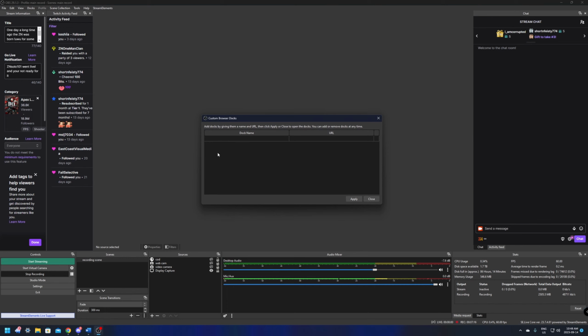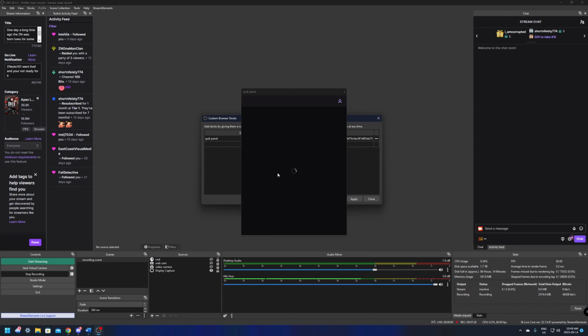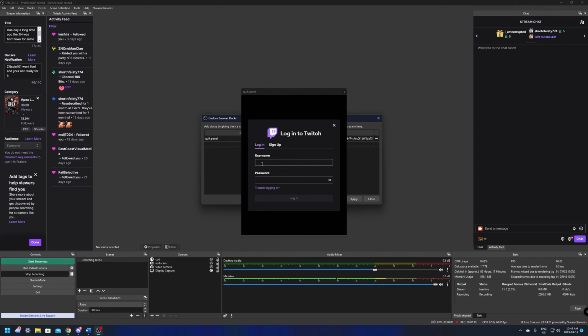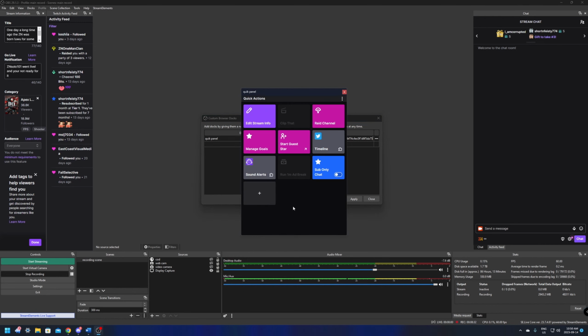Open custom Docker, Docker name. We're just going to name this something like quick access. Quick panel is just easier for us. And then just paste the URL and click apply. This is instantly going to add your quick actions panel. You are going to have to sign in for this as well though. Okay, once you've logged in,